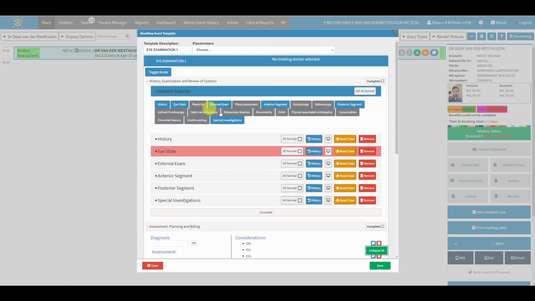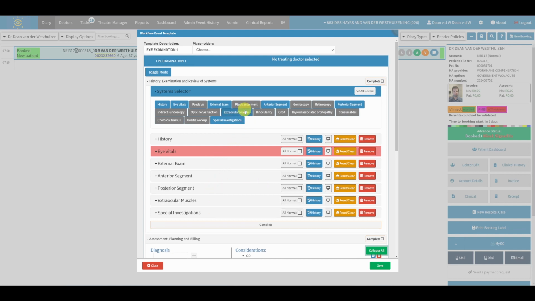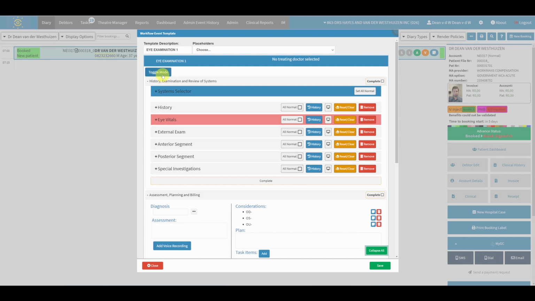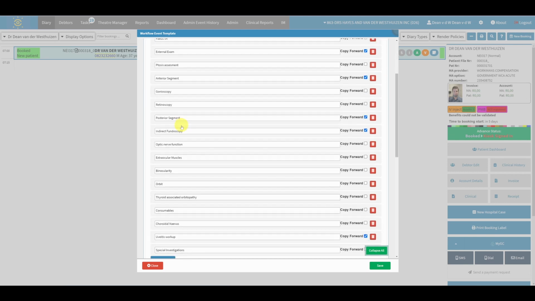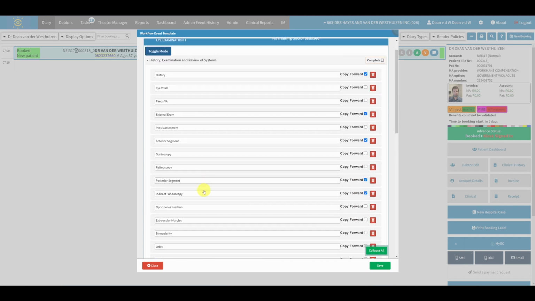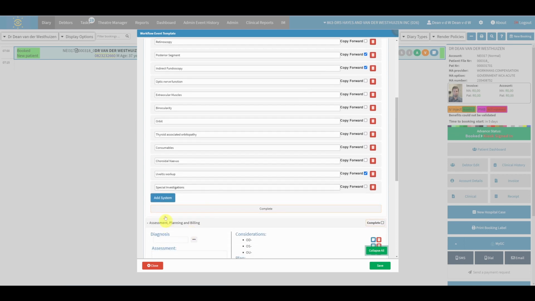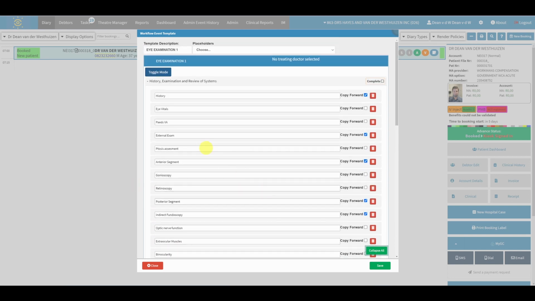And so if you want more sections as default, let's say you want extraocular muscles every time, you can click save, and then you'll have extraocular muscles as part of the template. But these are the ones that I like on as default. If I go to toggle mode, it shows me all the sections, and this is where you add sections, remove sections, edit sections, etc. So over here, I can add a separate system, which is going to add a whole new system. But let's start with